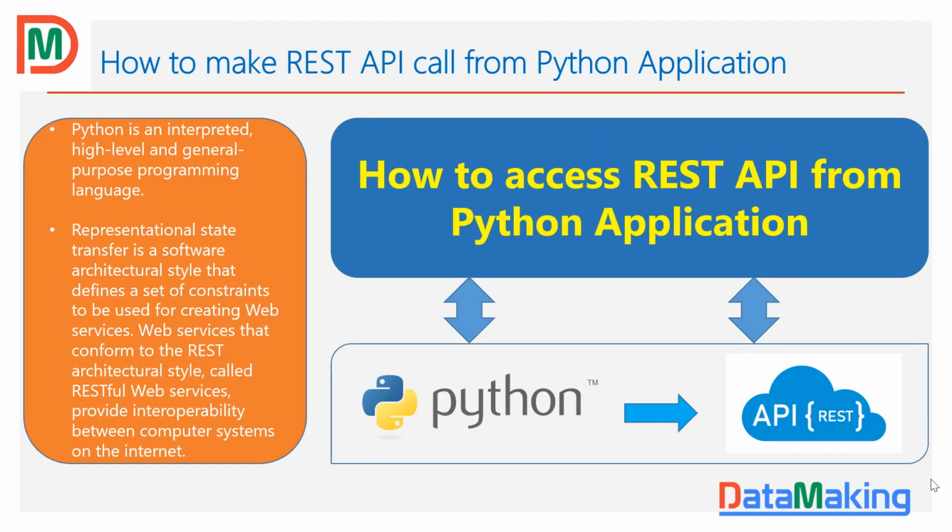In this video, we are going to see how to make a REST API call from a Python application or Python program. So, what is REST API? It's an acronym for Representational State Transfer, which is a style of web service. So, what is a web service? A web service is a piece of software that is itself available over the internet, so that different applications from different domains and different operating systems, language agnostic, can access that logic or software. So that is called a web service.